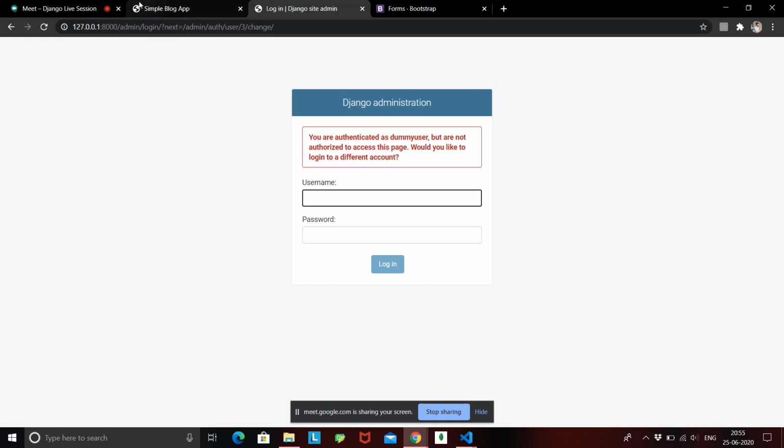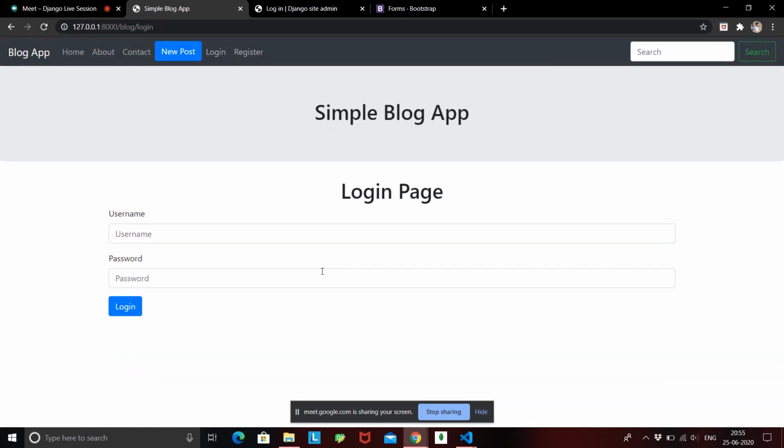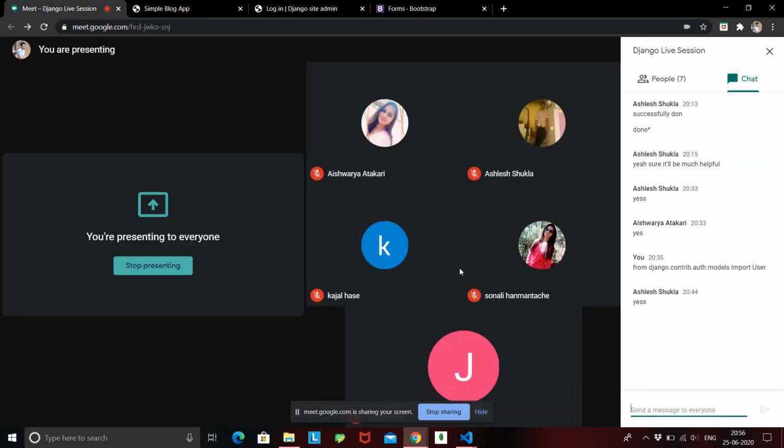Okay, so with that we have successfully registered a user, then we have successfully logged that user into our page. Till here any doubt? How we can log them in? Basically the whole system is the same. We have to create an input form, we have to handle the data that is coming from the input form, and then Django automatically provides the relative functions. Suppose we have to create a new user, then we have a function called create user. If you want to log in that user, we have a function called login. So it is not that hard.